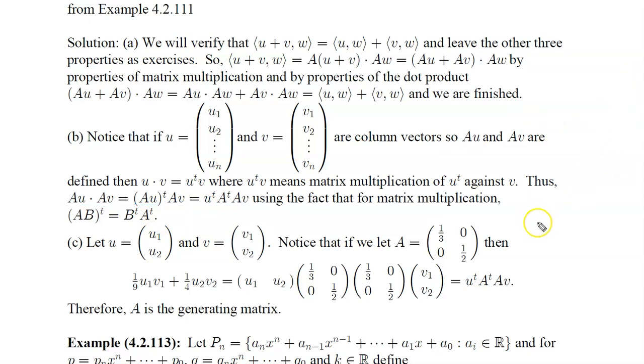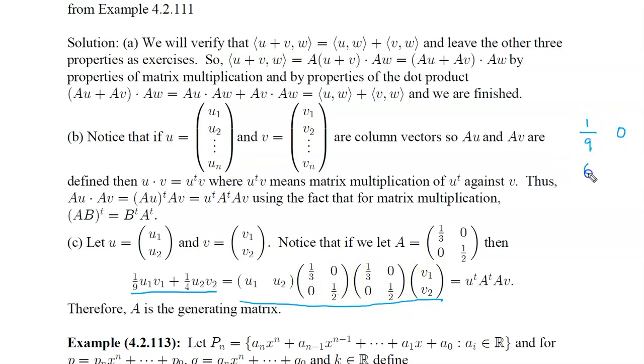We wanted to find the matrix that generated this inner product down here, like this. Well, notice that this inner product right here, if we let A be this matrix, 1/3, 0, 0, 1/2, notice the 1/3 is the square root of 1/9, and the 1/2 is the square root of 1/4. So this quantity is actually equal to all of this right here. Notice if we multiply these two matrices together, we get 1/9,